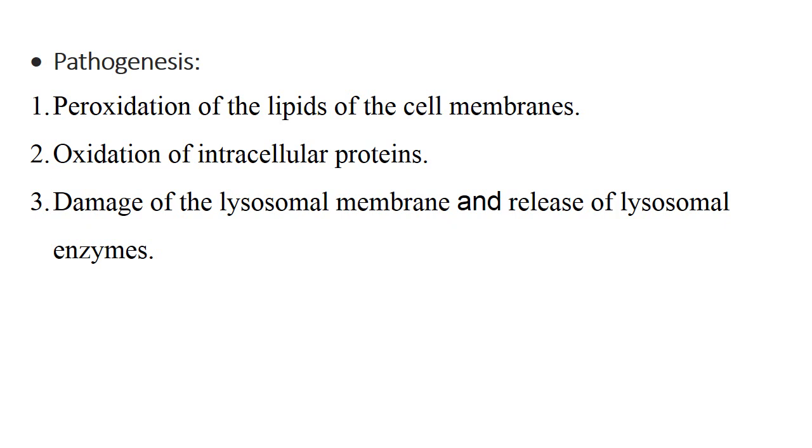These free radicals cause peroxidation of the lipids of the cell membrane and membrane injury, oxidation of the proteins inside the cells, injury of the lysosomal membrane and release of lysosomal enzymes, which causes autolysis of cells. This is how iron overload causes